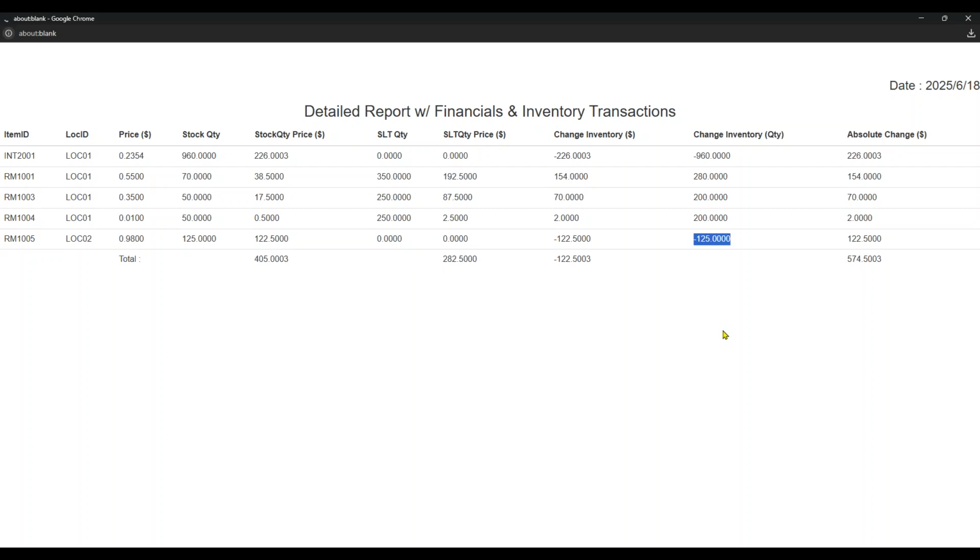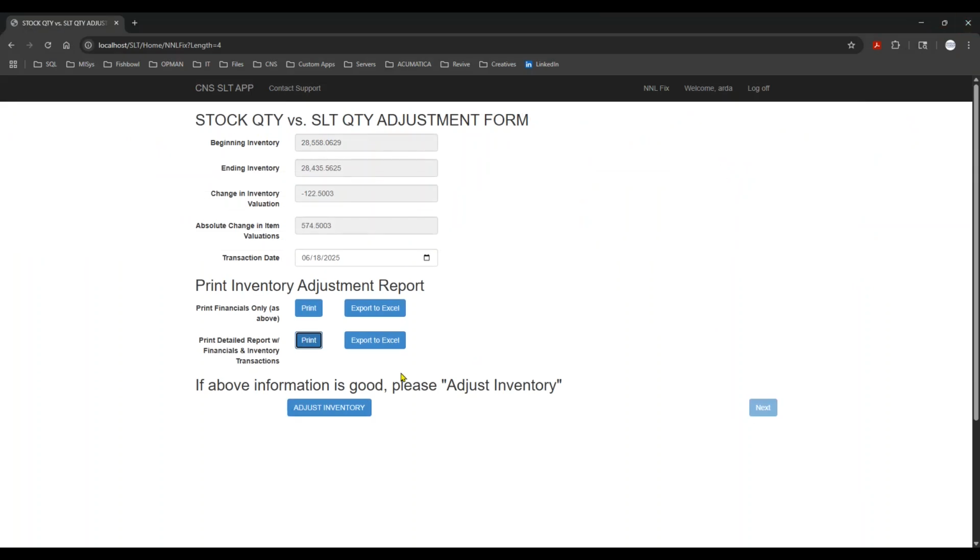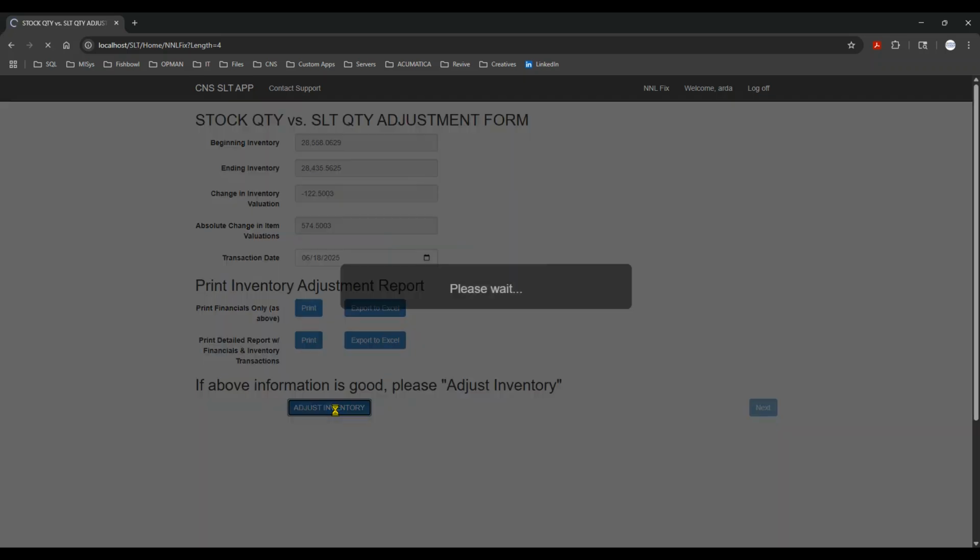However, this time with the corresponding lot number, because that information will be captured during the inventory count. So when we audit that adjustment report, we can just click adjust inventory, and MISys, or rather the Central Nervous Systems' SLT app, will take a few moments to make sure those transactions are conducted in the back end. And upon completing those transactions, we will see that the numbers on our screen will turn to 0 as well